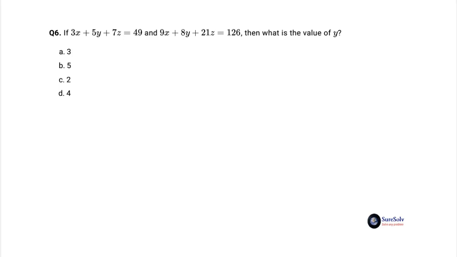A problem-solving truth is, when you know what to look for, chances of finding it increases greatly. This time also, in a few seconds we identify the desired x and z relation that is repeated in both the equations just as we expected. 3x plus 7z in the first equation and 9x plus 21z in the second equation. This is 3 times of the first. Promptly we substitute a dummy variable p equal to 3x plus 7z.